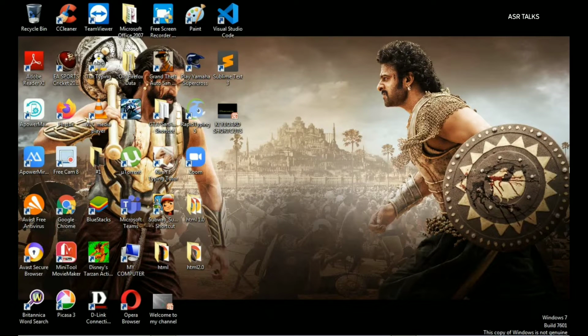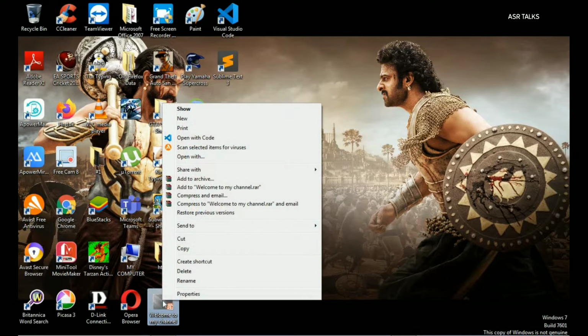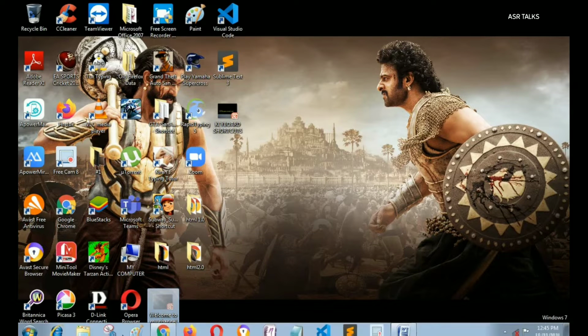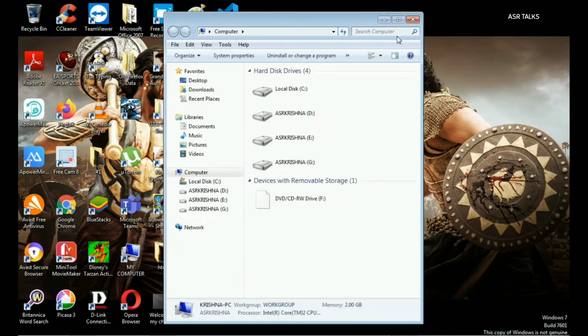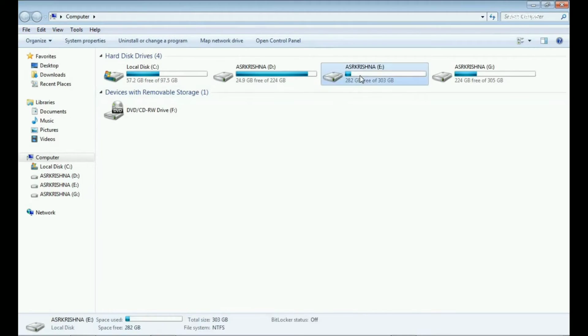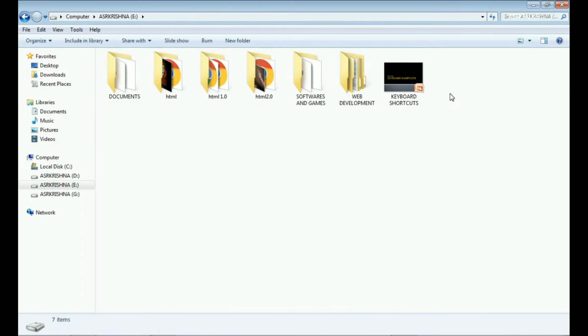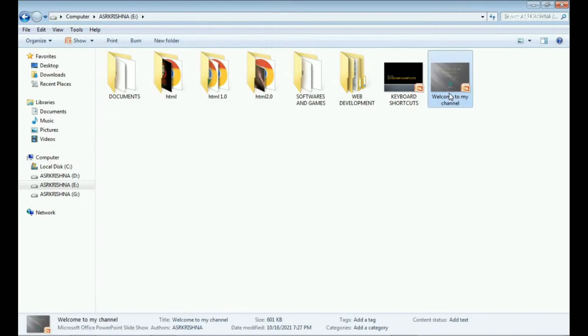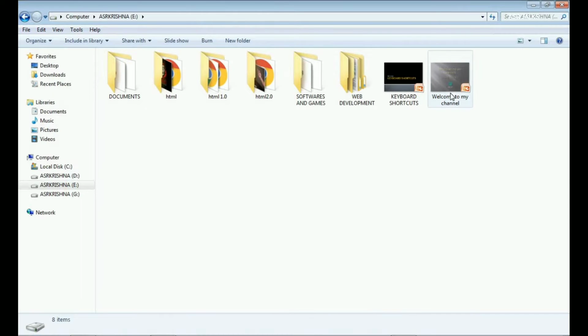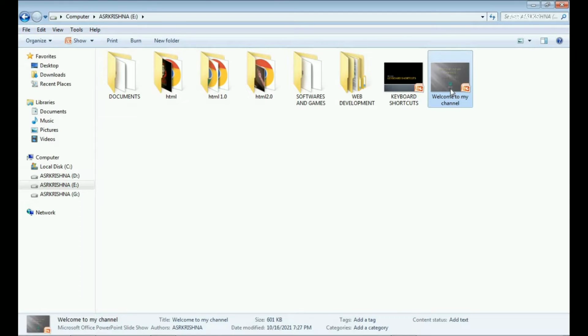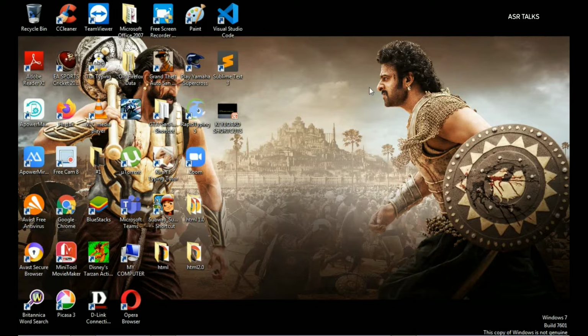To move the item from one location to another location, we use cut and paste. We generally do it by right clicking on the item and selecting cut and then opening our destination folder. After opening our destination folder, we paste it here using the Ctrl+V shortcut and the item will get pasted here. But instead of doing this all, you can simply use the Ctrl+X shortcut key to cut the selected item.